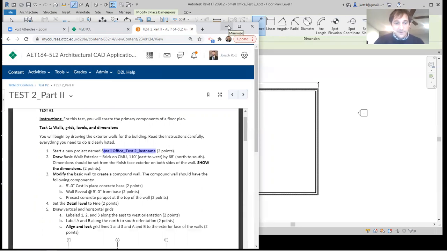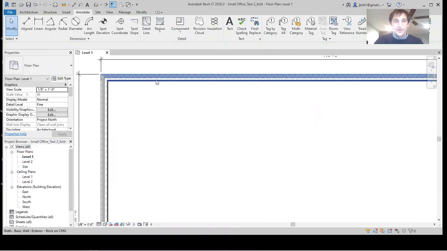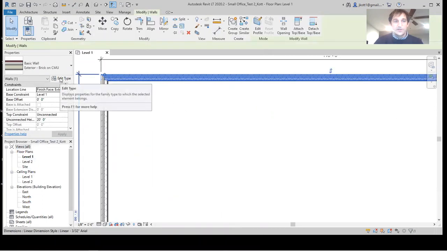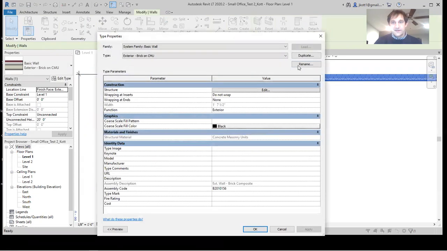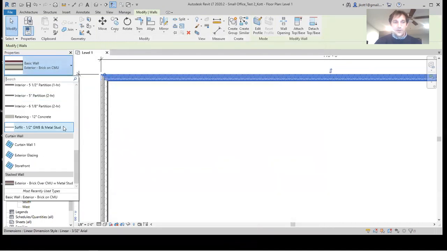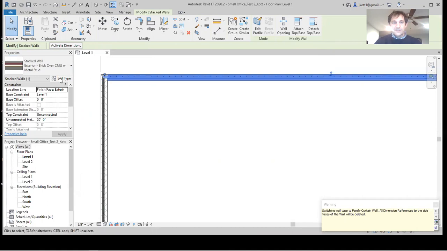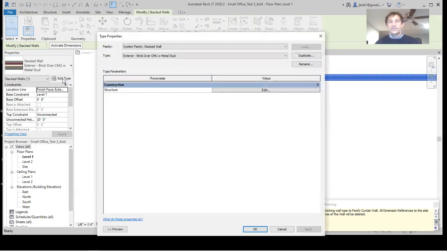So this is a little bit of a tricky task, but not too bad. What we want to do is create a new wall type. So we're going to come in here. I would personally do it like this. Come down all the way to the bottom of your list where you see stacked walls. Okay. And now it's changed this wall to a stacked wall, but we're going to change it again to fit our